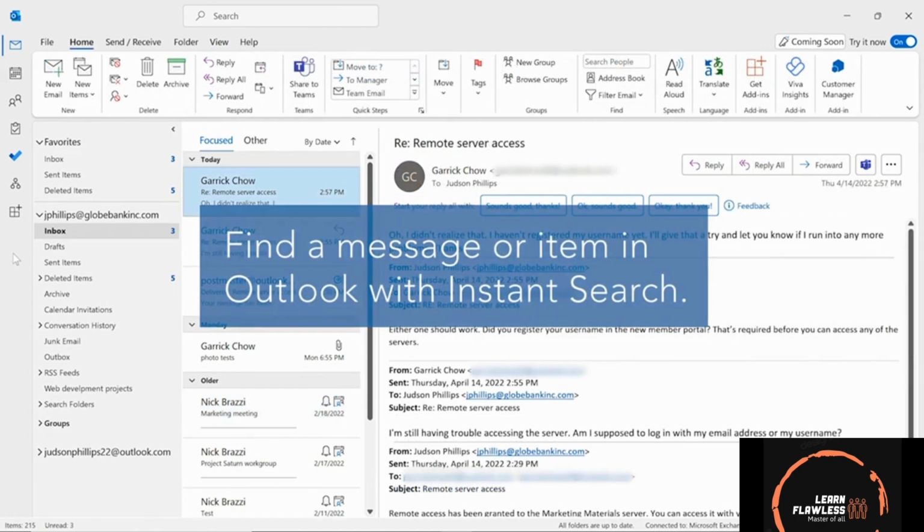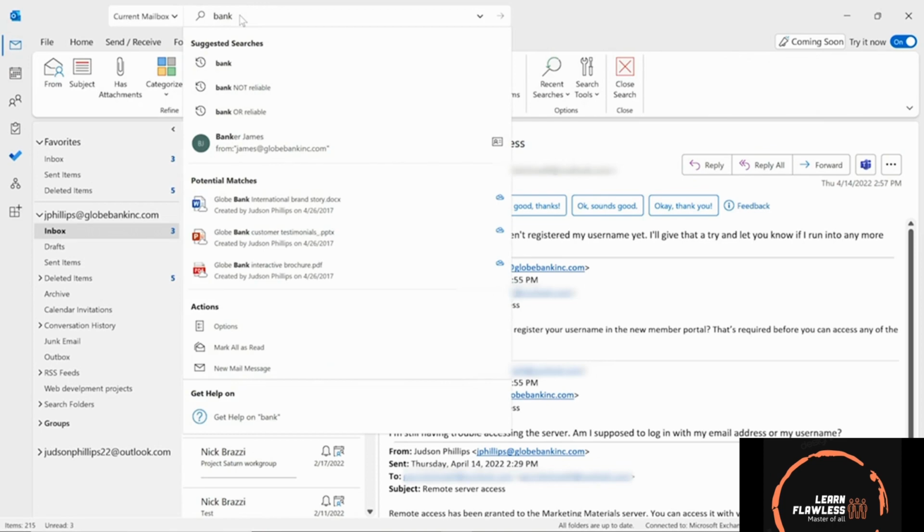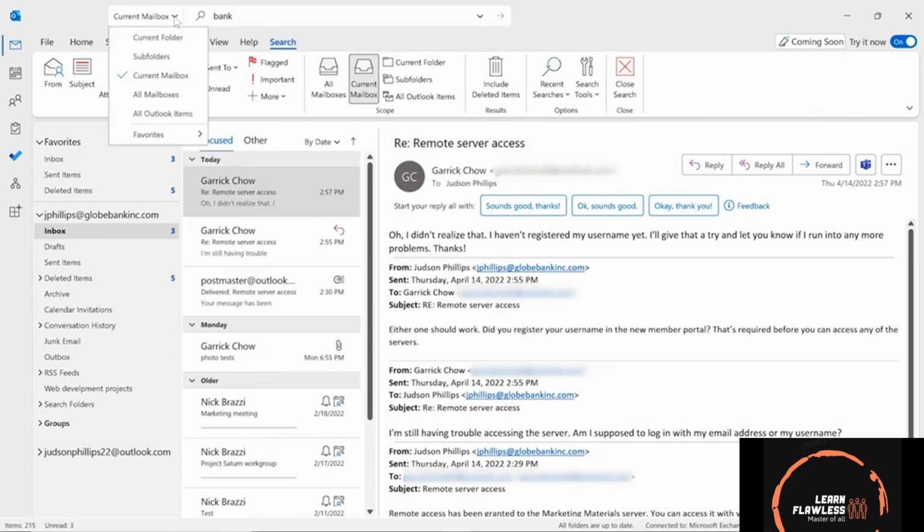If you need to find a specific message in your crowded Outlook inbox or folder, try using the Instant Search field, which is always available at the top of the Outlook window. To search for a mail message, make sure Mail is selected, then type a word or phrase that you know appears in the message you're looking for. You can also choose to search a specific folder from this menu to the left, like the current mailbox, subfolders,